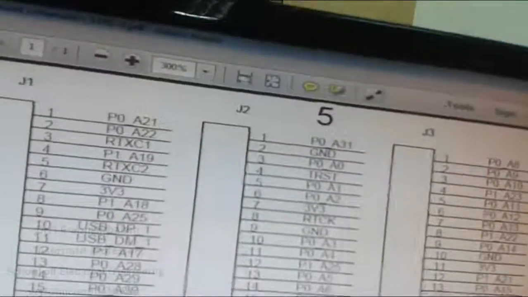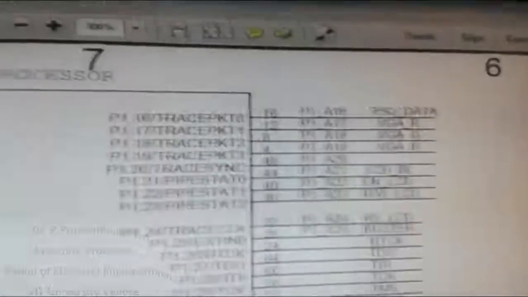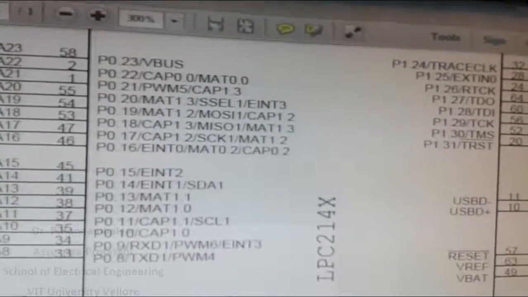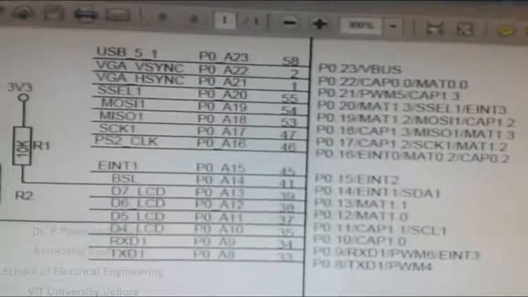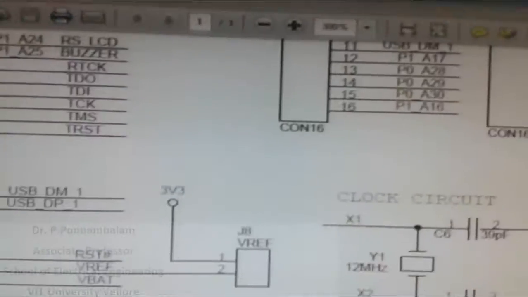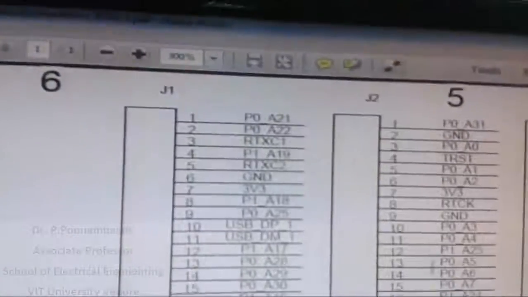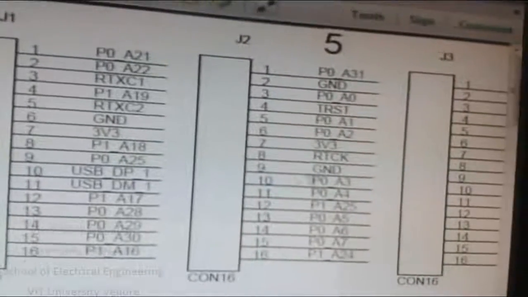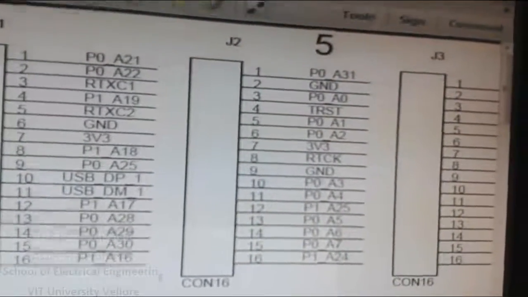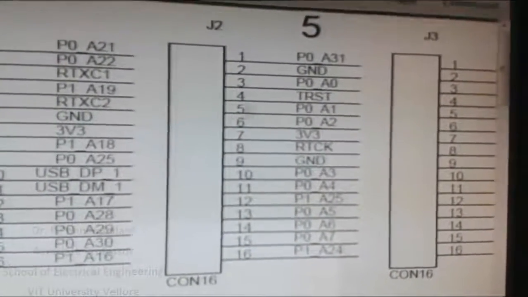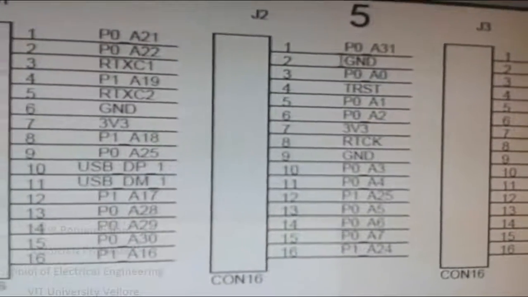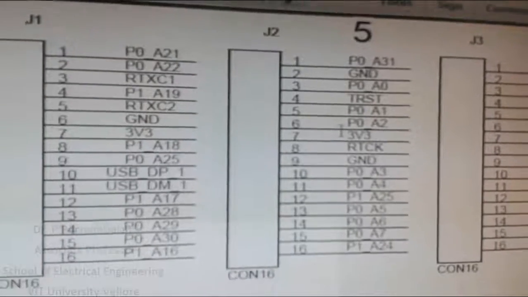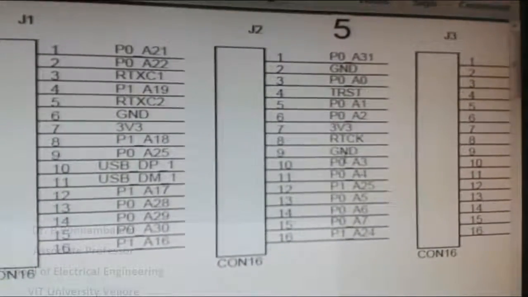Okay, as explained earlier, the port pins being used are P0.1 and P0.2, that is P0_A1 and P0_A2. They are available on J2, where P0_A1 is the 5th pin and P0_A2 is the 6th pin. From the 5th pin and ground I can connect one probe, and from the 6th pin and ground I can connect the next probe.